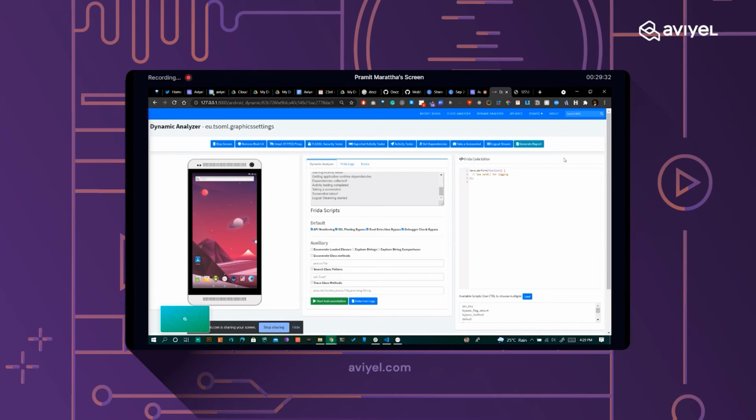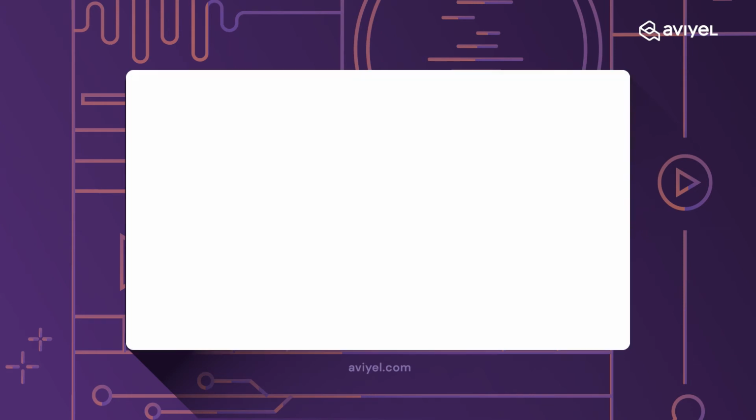So to get the most out of MobSF dynamic analysis, you must manually go through the application's various business logic and issues, while MobSF performs security analysis on these issues in the background.